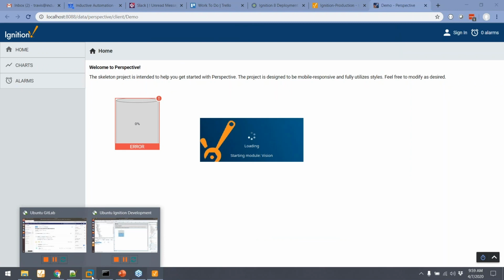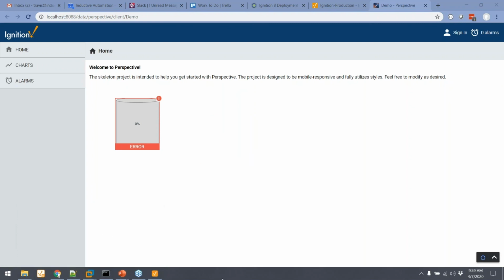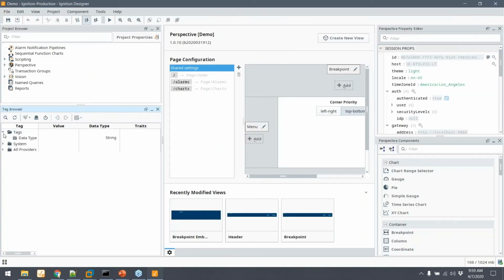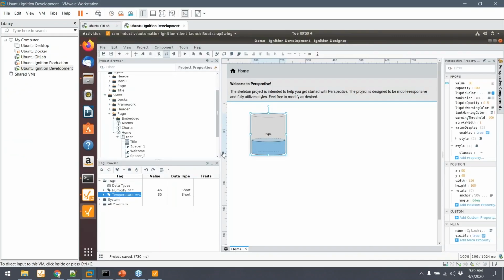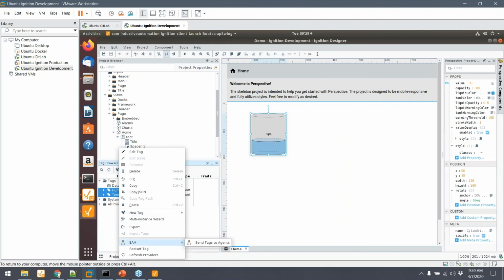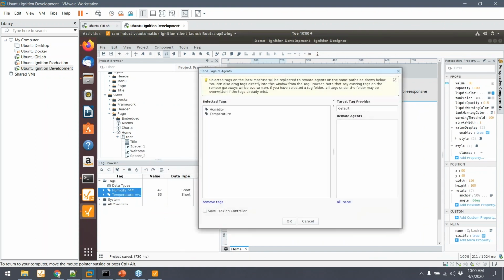So this is where you have the options, import, export, all these kind of things to bring it over. In this case, I'm going to use EAM real quick, and this will finish out our demo. Again, there's no tags. We're going to go back over to our development environment, and I'm going to right-click on these 2 tags. Because I have this set up as a controller and my production system as the agent, I can say send tags to agent, and with that, our remote agent,